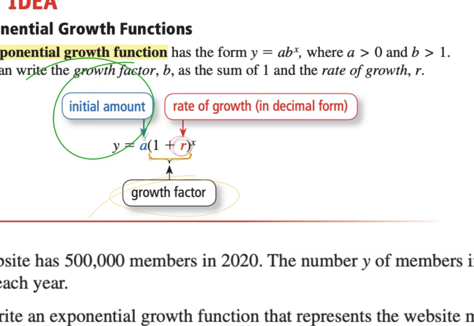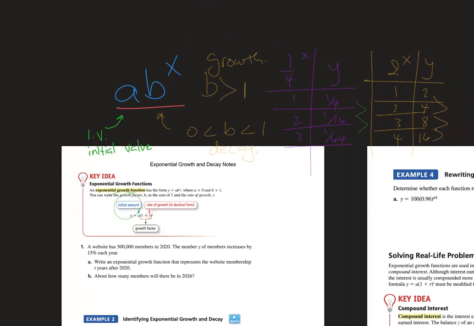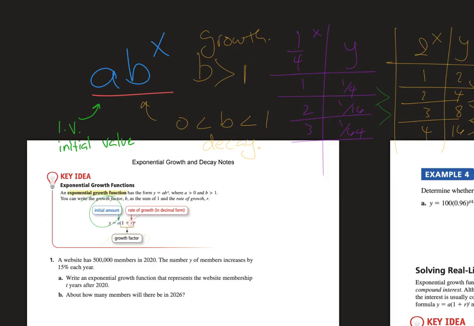And then there's a new element to that that's going to be called the rate of growth. Now, this should be fairly okay with you because, check it out, there's B, and if it's between 0 and 1, then our growth factor leads us to believe it's decaying. It's not really a growth factor, right? It's kind of the opposite of a growth factor. And then if our growth factor was, let's say, 2, that's obviously greater than 1,